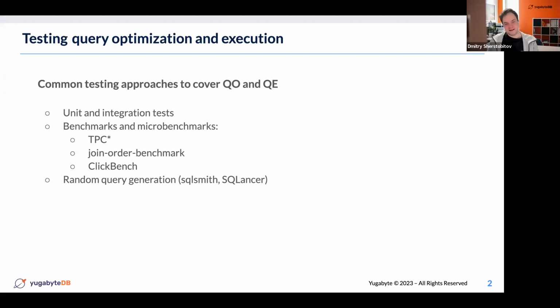We couldn't cover everything. And the final one: there is SQLsmith, originally a Postgres compatible tool, and SQLancer. We have an implementation for both. The problem is random query generation, mostly for SQLsmith. We generate a query and we get the result, and we can't really say whether this result is valid or effective. SQLancer is trying to fix that by tuning the original query, but still